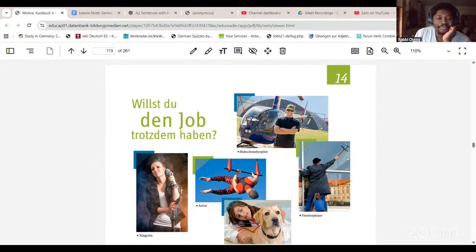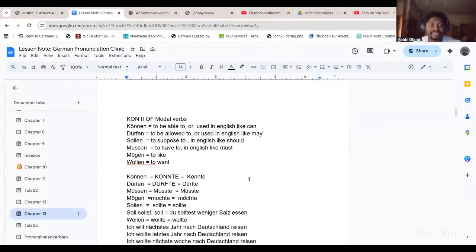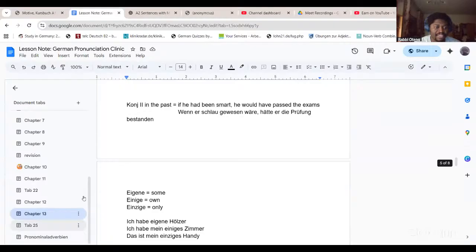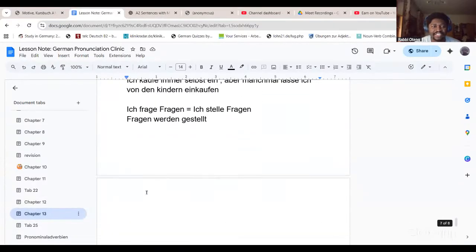So in the morning we are going over a quick recap: forming passive sentences, passive sentences and the verb lassen in German. Basically, let me start with the passive again. The passive is when